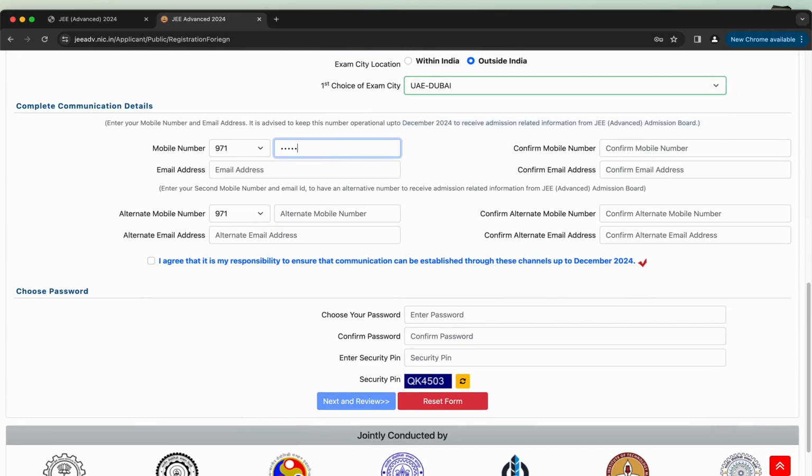Complete communication details with mobile number and email address. Candidates should ensure the correctness of these details as all the future communication will be sent to the email address and mobile numbers provided.